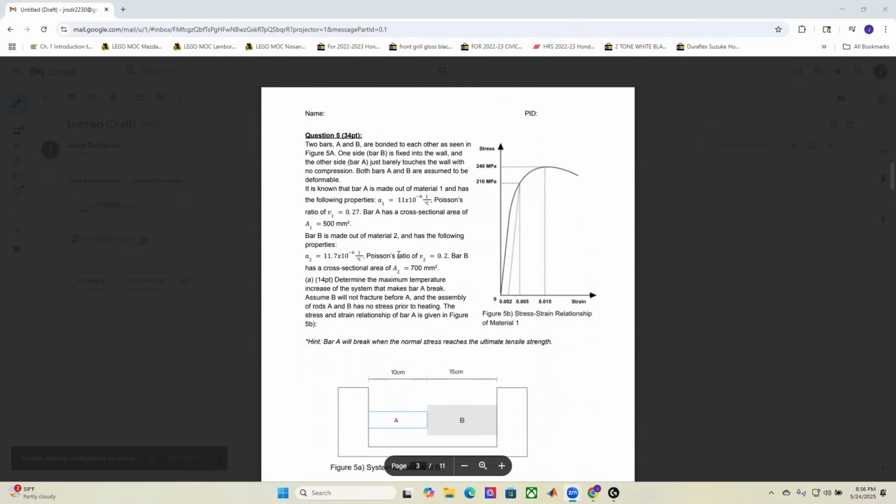For this part of the problem, I had a bit of confusion because I am not 100% sure if I'm correct, but we do have